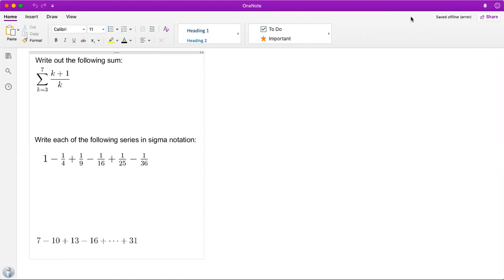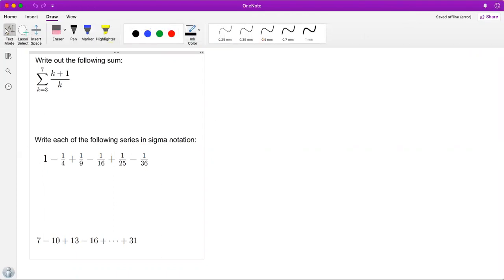I thought I would start by doing a couple of just little random problems here on the first page about just sums and sigma notation. I thought I would do these problems just as a little review for us. So